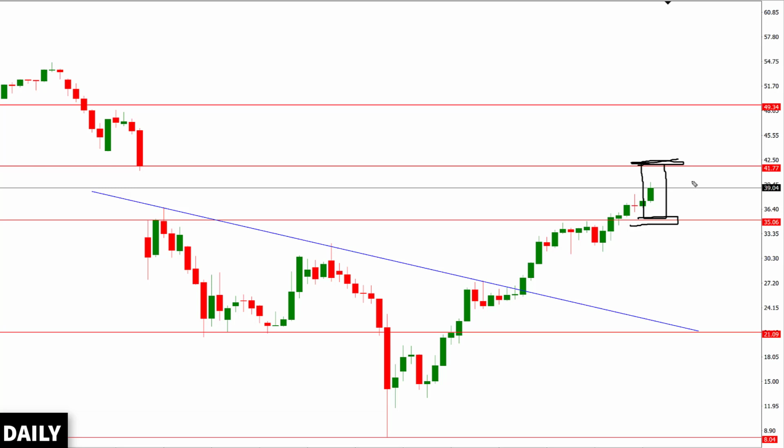So guys, that is all I have for you in this weekly forex forecast. Make sure you have a set of trading rules which is gonna guide you in whatever trading strategy or trading activity you want to execute in the